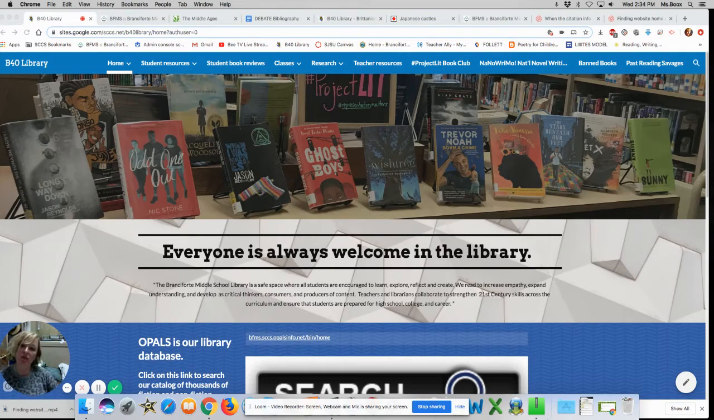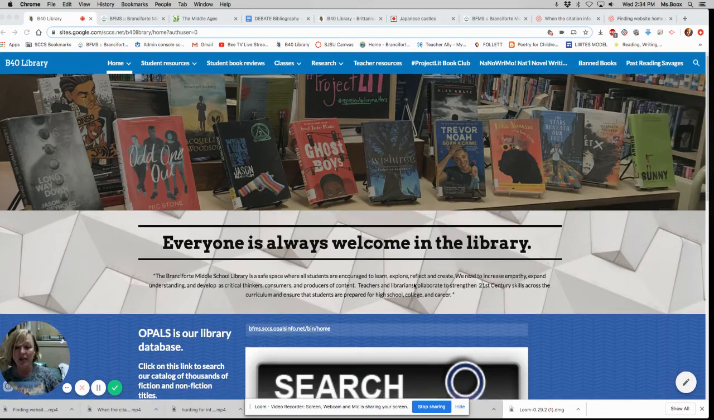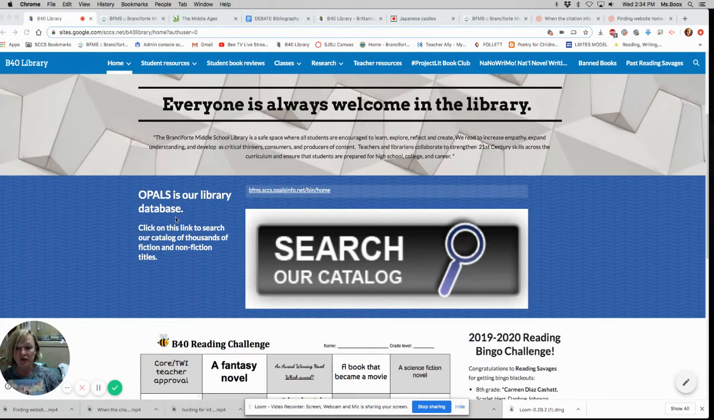You may have borrowed a book from the library for your research, and you might be confused because we don't use books that much anymore for research, but all the information you need is in this book. It's also in our library database. So if you borrowed it from here, go to Search Our Catalog,